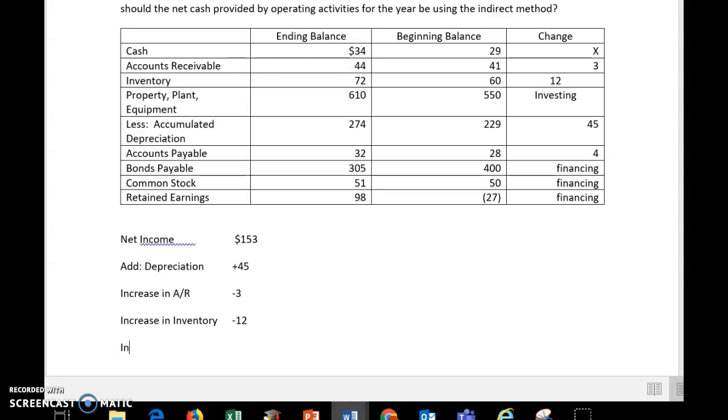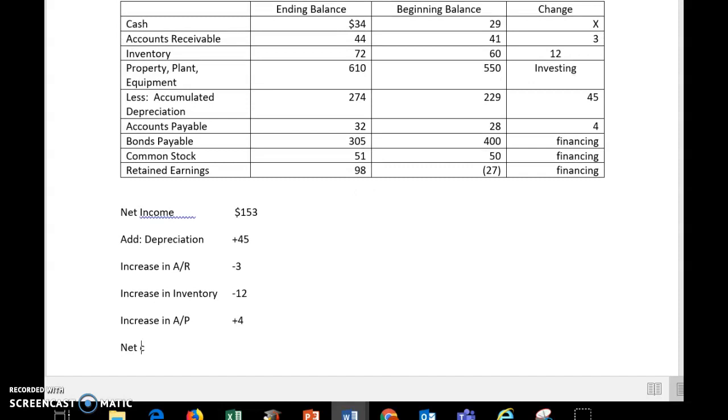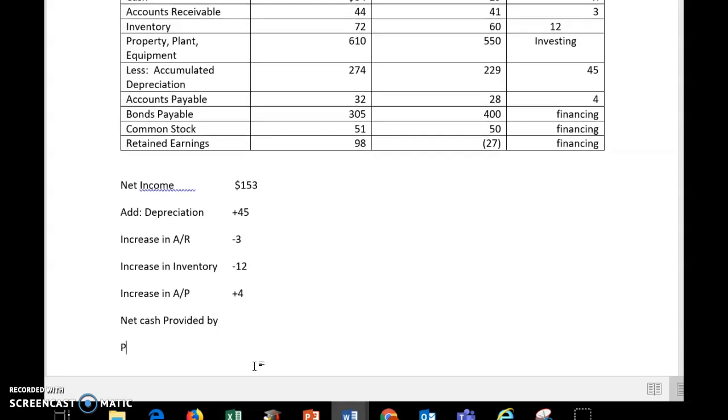And finally, I have an increase in accounts payable. That's a liability. So if I have an increase, I'm going to add. So I would add that $4. That would give me a total net cash provided by operating activities of 187. So that should give you a quick summary of how to do a very simple indirect method operating section